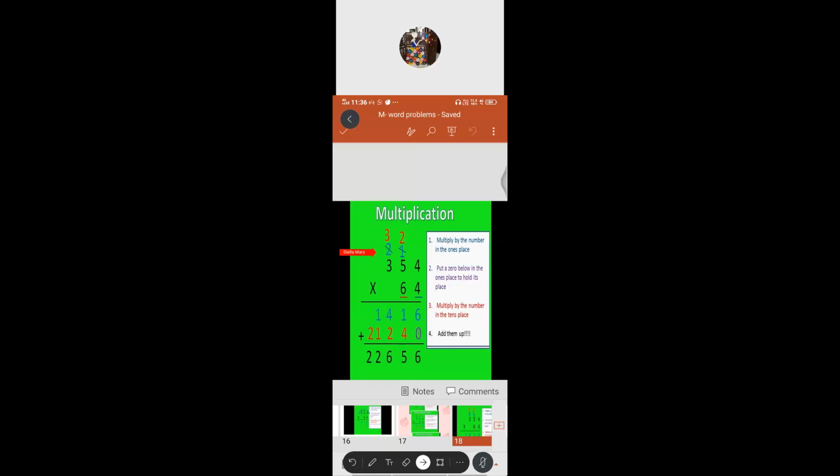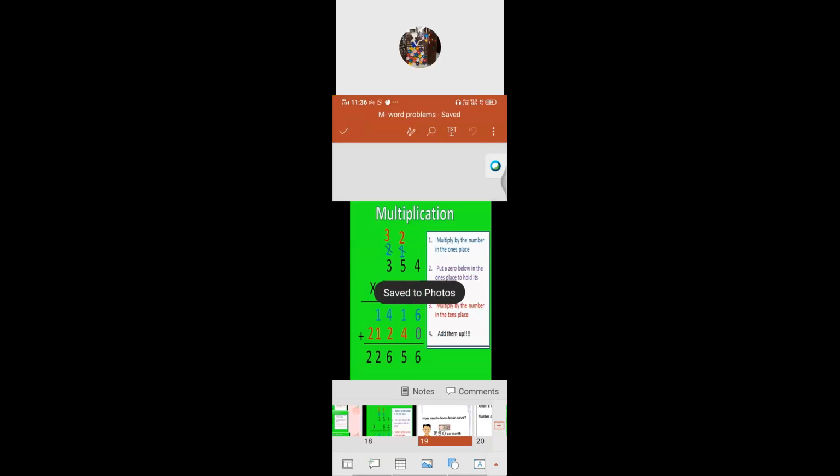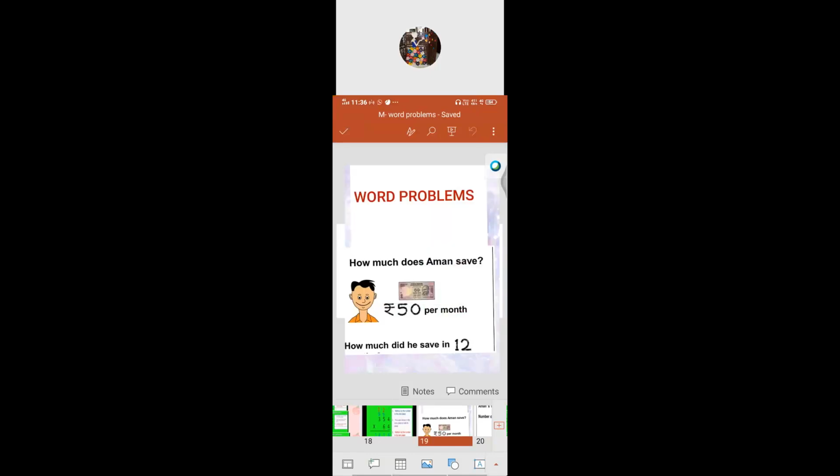Now what is our today's topic? Word problem. We'll see word problems. If you know this, the word problem is very easy for you to do. What is a word problem already? You did it in your addition as well as subtraction, isn't it? The same method we are going to follow in multiplication. So before we start the word problem, you know how to begin and how to read a word problem, isn't it? Let's see the usage of multiplication in daily life. A word problem is like a passage, a statement sum. So to begin, you have to read the given statement.